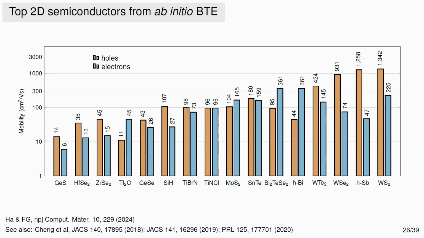So these are the compounds we looked at. One of the points is that these are calculations of intrinsic mobility. That means there is no impurity whatsoever. These are perfect crystals in the model. There is only vibration, so phonons, that affect the electron transport. So if you look at this side of the plot, the numbers are 6, 14, 35, 13, 45, 15. So they're all extremely low. What that means is that most of these 2D materials, without any imperfection, are not great conductors, okay?